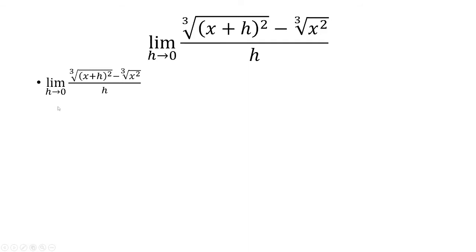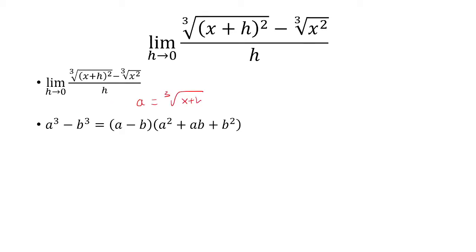Now, in order to solve this problem, we need to look at the difference of cubes, which is just a cubed minus b cubed is equal to a minus b times a squared plus ab plus b squared. A here is going to be the cube root of (x plus h) quantity squared, and then b is going to be the cube root of x squared. So we're just going to multiply the top and the bottom by a squared plus ab plus b squared, which is